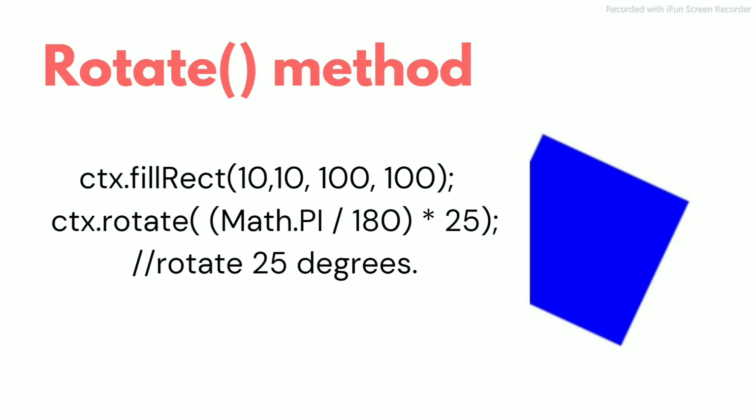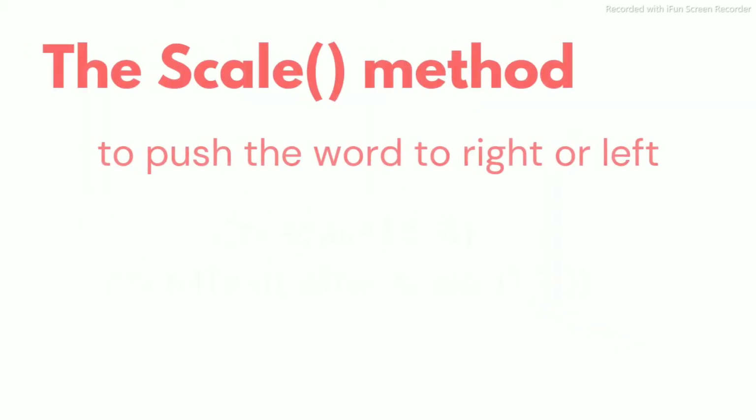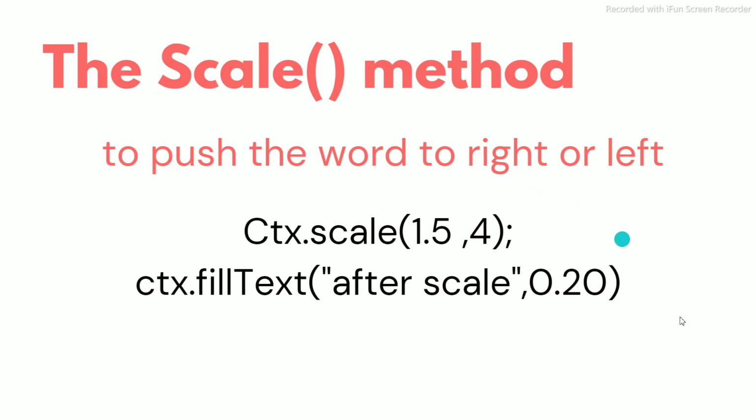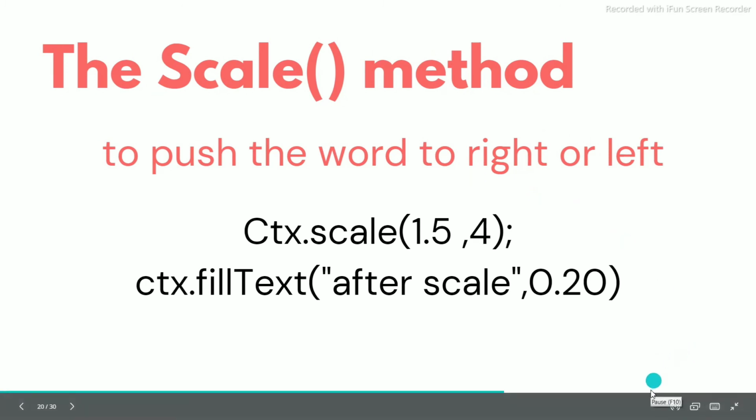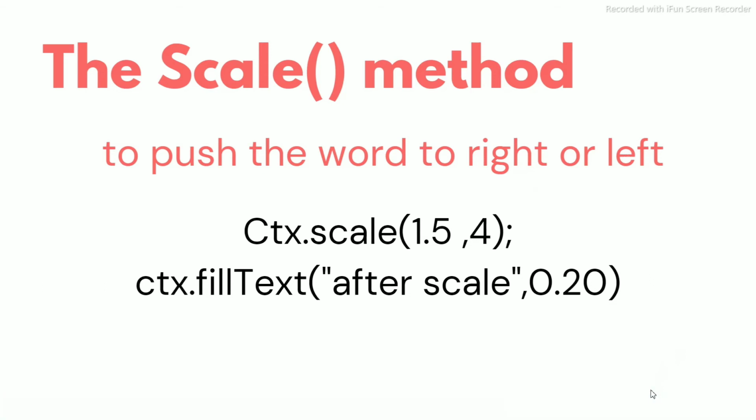At last we have the scale. Scale is used to compress or expand the text. When I am using 1 in that scale, the text becomes compressed. When I am using 8 or 10, the text becomes expanded along the x-axis. When I am using the y-axis, it will just pop up that text. We will look at all of this in VS Code clearly.